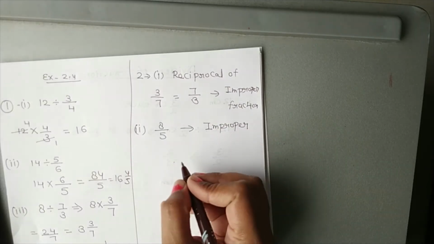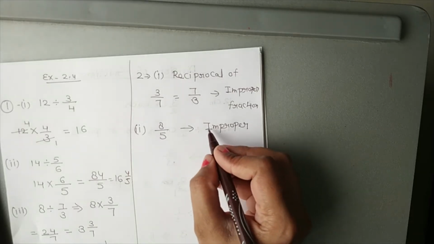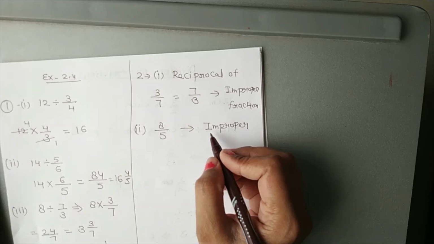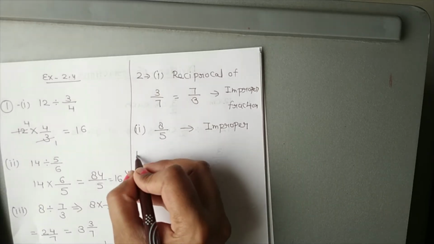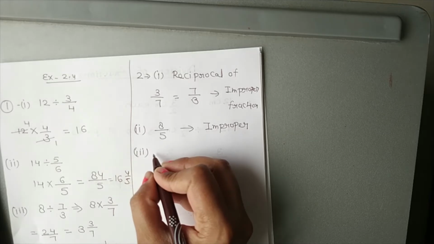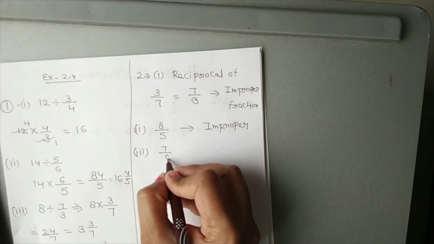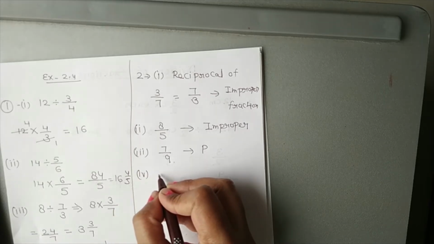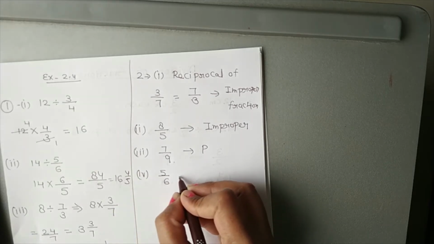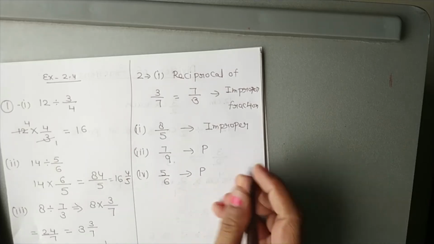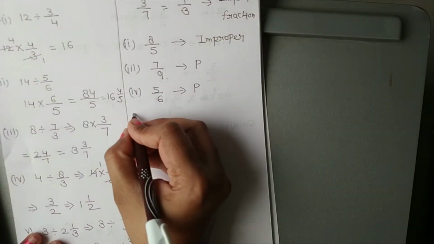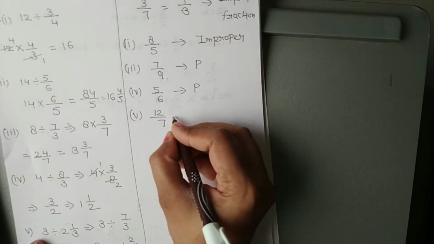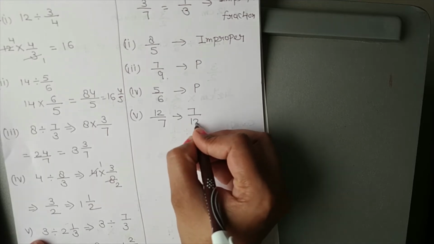Proper fraction. Okay, so I am representing improper for I, then proper P and the whole W. Third part, reciprocal of 9 upon 7, 7 upon 9, proper fraction. Fourth one, reciprocal of 6 upon 5, 5 upon 6, proper. Okay, then fifth one, 12 upon 7, reciprocal of 12 upon 7 is equals to 7 upon 12,